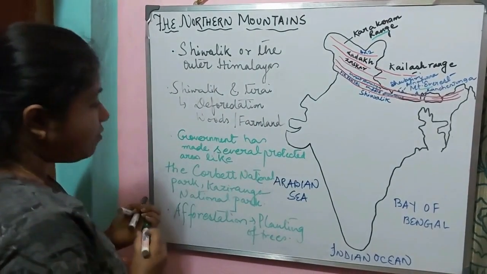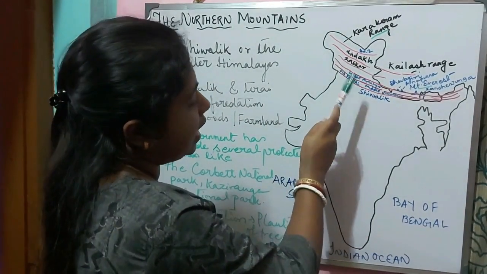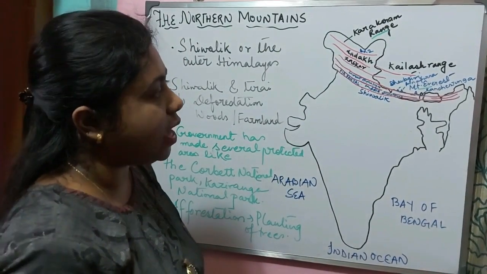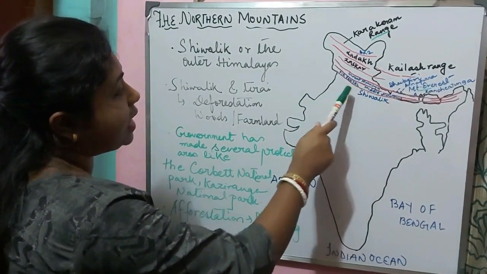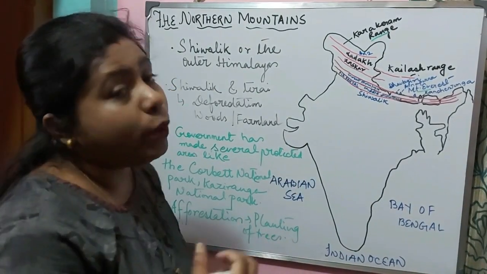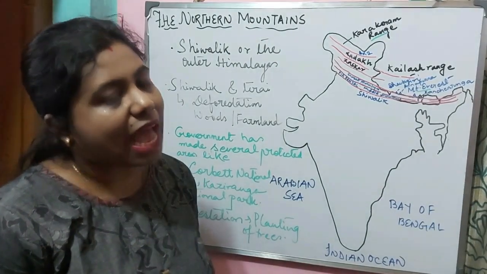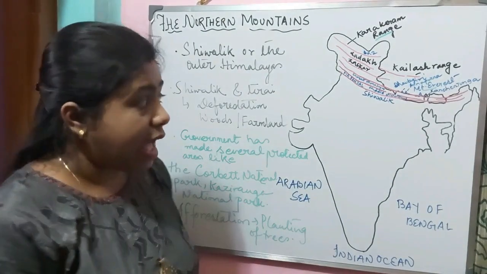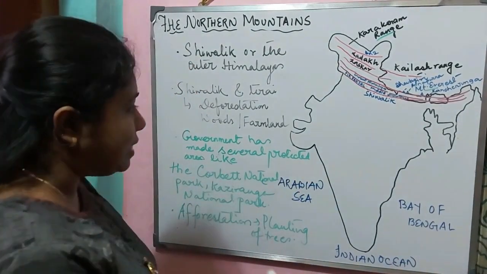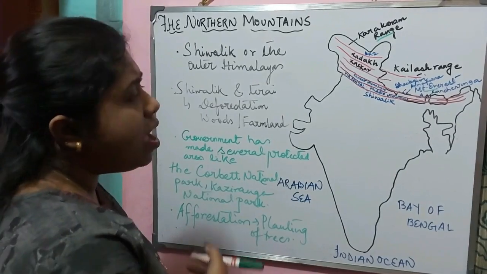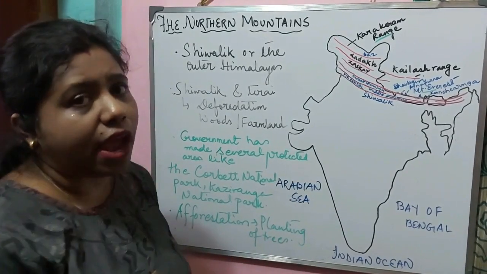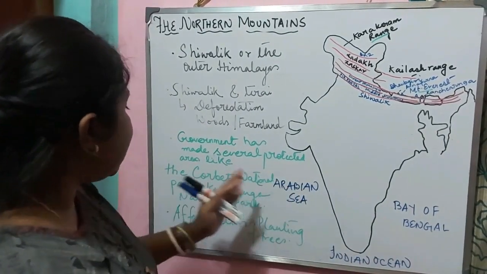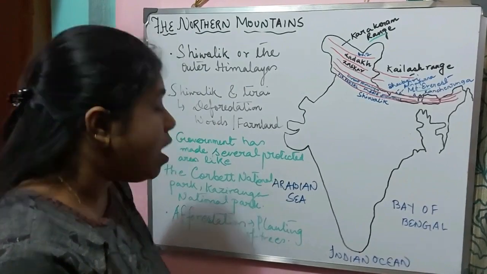So what do we learn from the Shiwaliks? Shiwaliks are the southern and the lowest range of the Himalayas. It has an average height of 900 to 1100 meters. Here in the Shiwaliks, the slopes are covered with thick forests which are home to a variety of animals. The area at the foothills of the Shiwaliks is known as the Terai region. Now in the Shiwaliks, due to deforestation, several trees are cut down. So several wild animals are losing their home. That is why the government has made several protected areas like the Corbett National Park, Kaziranga National Park, and also started